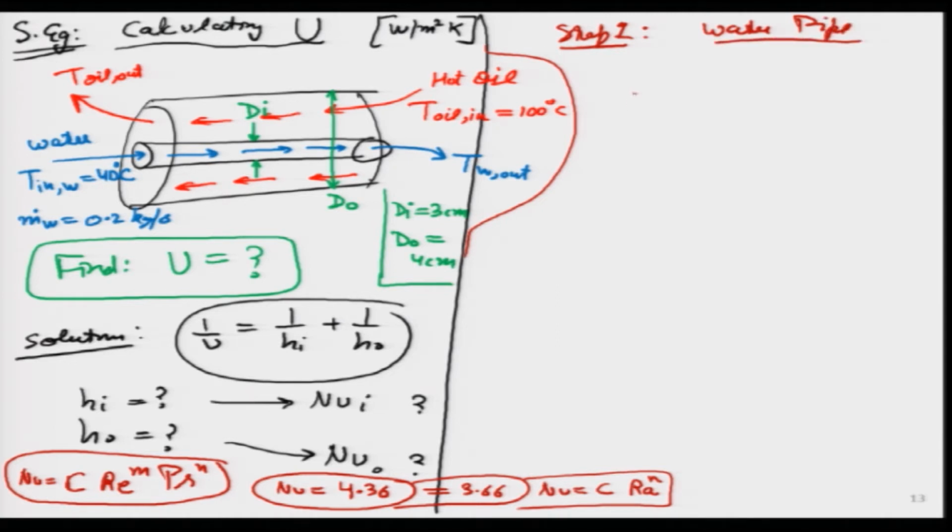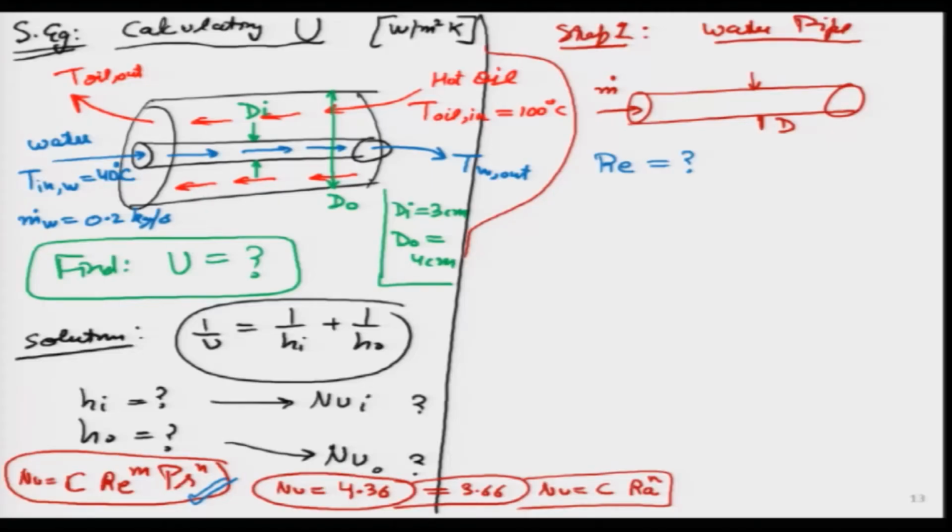So, inside the water pipe we are saying this is simply a tube, we know the diameter of this particular tube, I know the mass flow rate. The first thing I think all engineers in fluid and thermal have to figure out is what is the Reynolds number over here. And why are we interested in Reynolds number? It is because I want to know what type of flow it is.